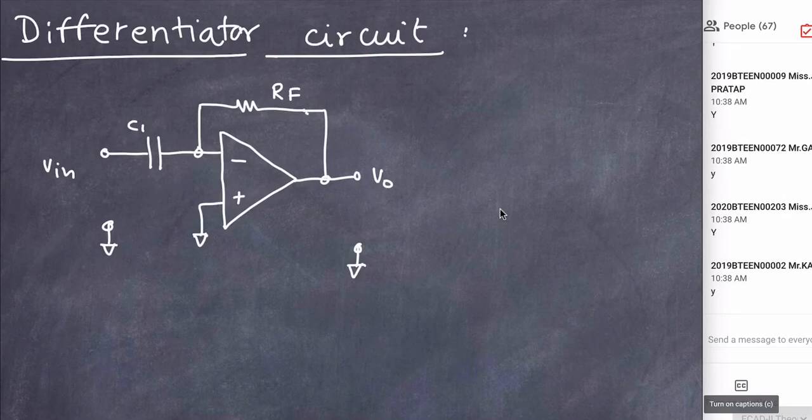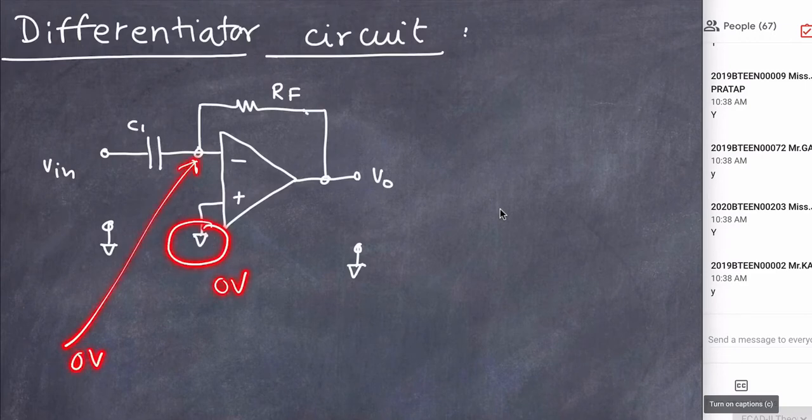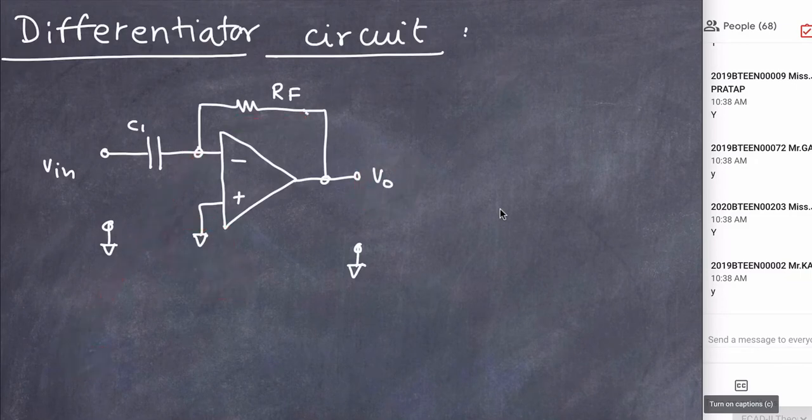Okay, fine. So this voltage is a ground, that is 0 volt. This voltage is also ground, that is 0 volt. We are temporarily assuming an ideal op amp initially. And therefore VO is the voltage across RF. So VO is equal to minus VRF. Why minus? Because the left hand side of RF is grounded.